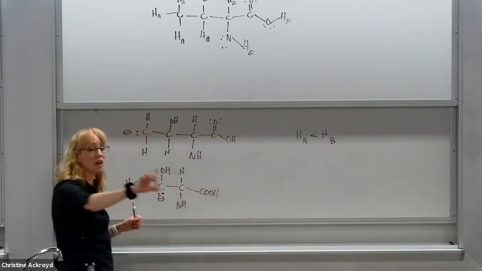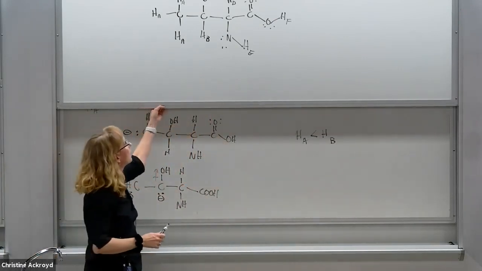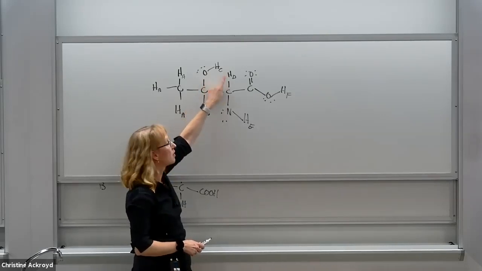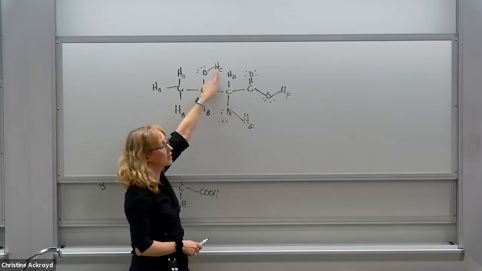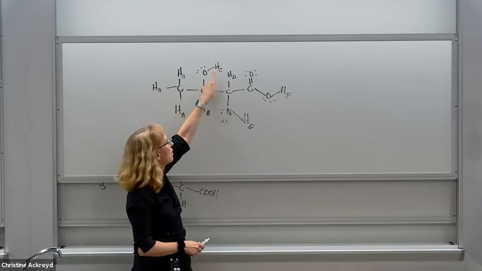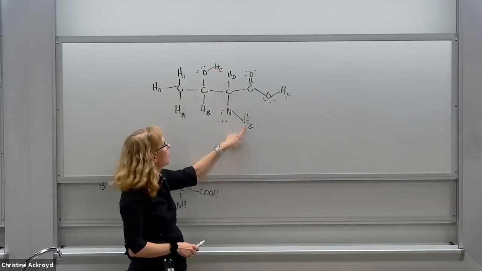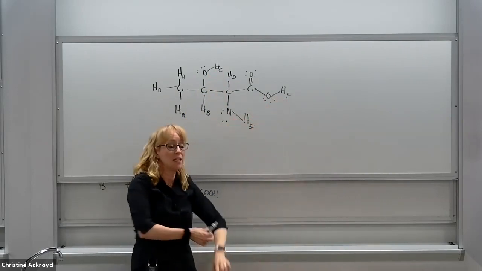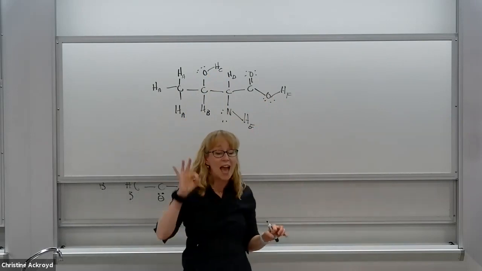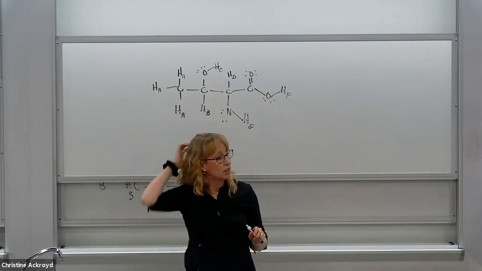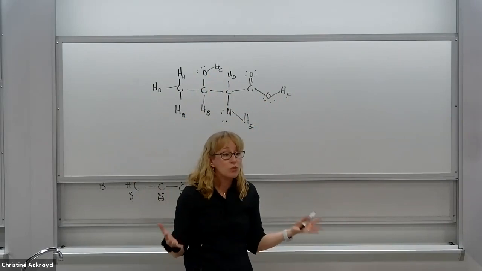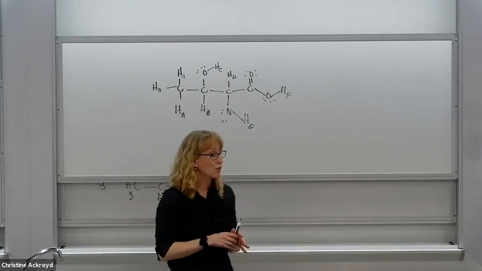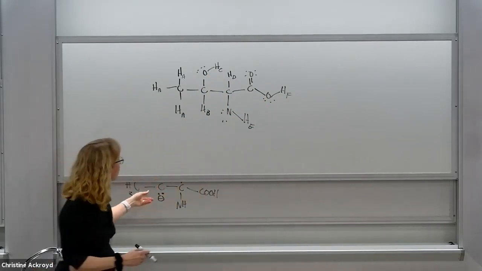When you pull proton D off, where does the negative charge get left? Carbon. If you pull proton C off, where does the negative charge get left? Oxygen. Pull E off, nitrogen. Pull F off, oxygen. Okay, so in this case, we have different atoms that the negative charge can be left on. That's where the rule of the electronegativity of the atom bearing the charge matters. Okay, we're comparing those.